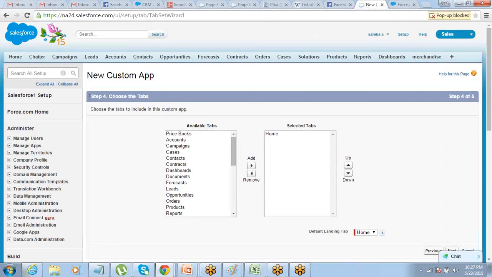On step 4 of creating an app, you just have to do a small thing.